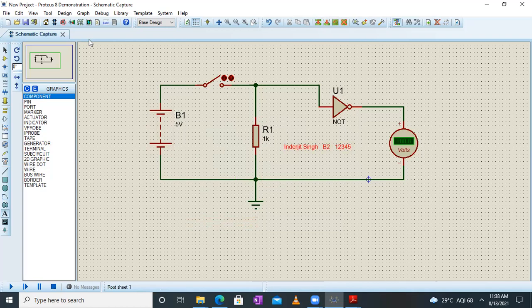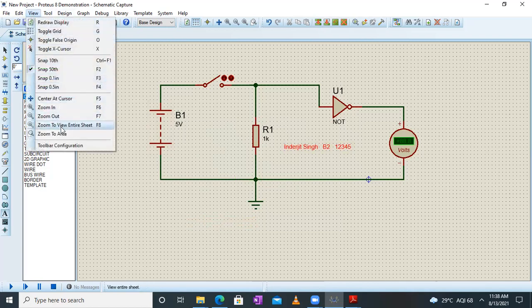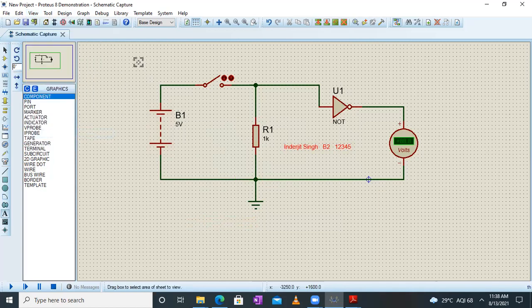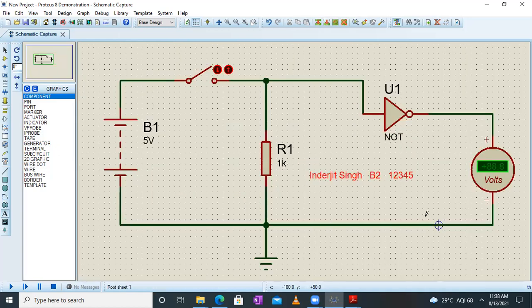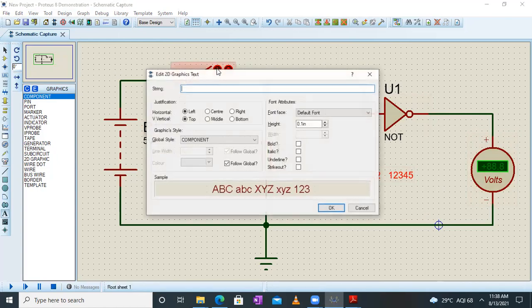And now to optimize the screen, what you can do is you can go to view. We can go to zoom to area, and then we can select this section. So only this section will be highlighted in the larger mode. Yeah. So this way, fine. And now in order to close the switch, if it is open, now it is open switch, right? So your battery is disconnected from the supply. If you want to close the switch, you have to click on this button.